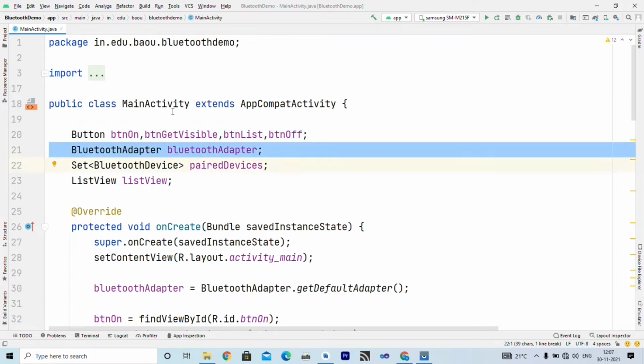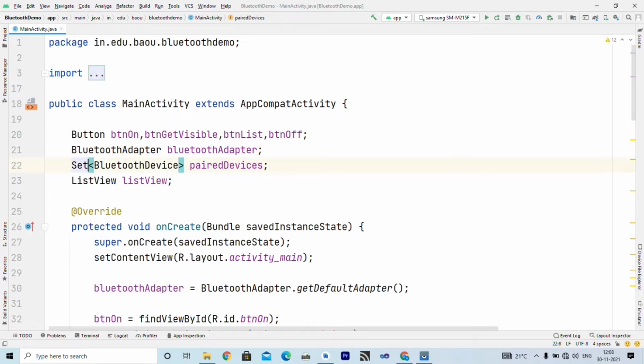Now remember, you require a Bluetooth adapter class object in order to access all Bluetooth related functionality like getting paired devices, getting all discoverable devices, then making Bluetooth on or off. All these kinds of functionality are provided by this Bluetooth adapter class. So this is an object of type Bluetooth adapter that we are going to use in our program.